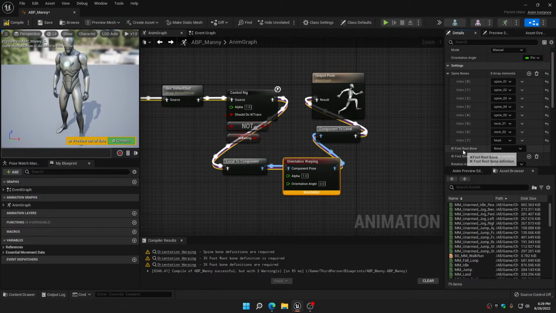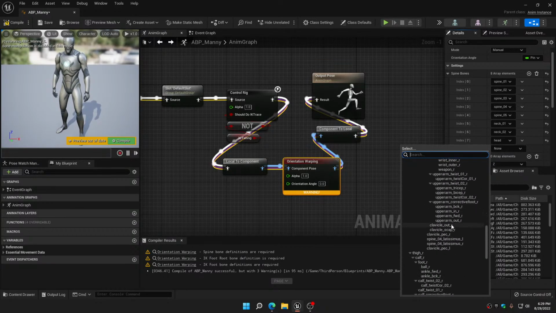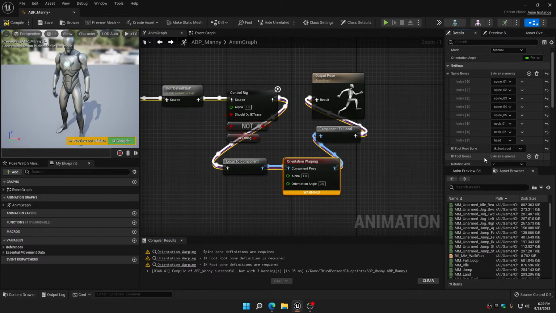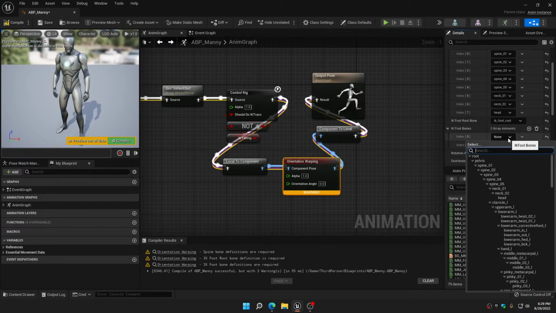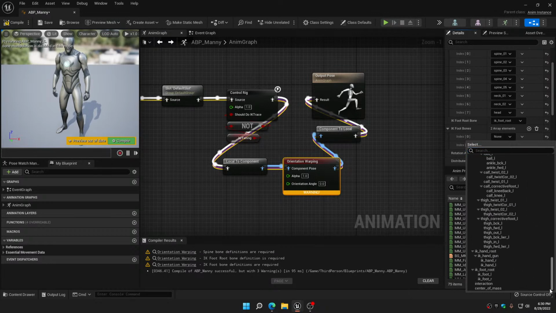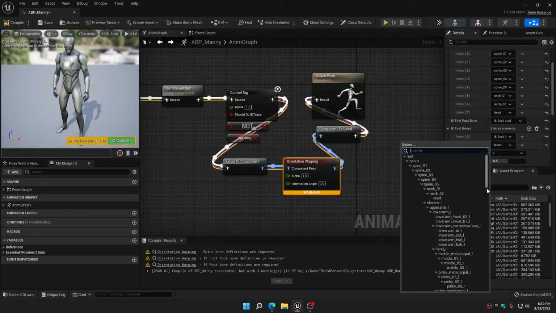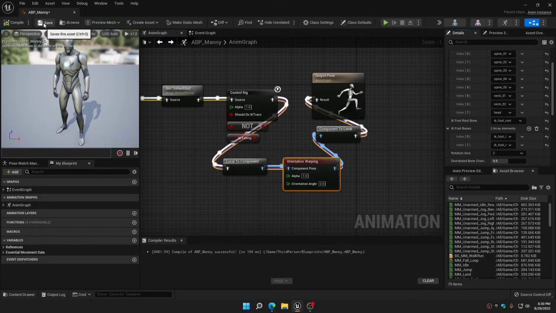Okay. Now it's wanting the IK foot root, right? So we're going to click that, and there is an IK foot root down here at the bottom somewhere. IK foot root. So it wants that bone, and it wants the IK foot bones, right? And so there's 2 of those. So let's add those. Okay. So IK foot left and IK foot right, and compile and save. And now let's see if we put in 90 in here,